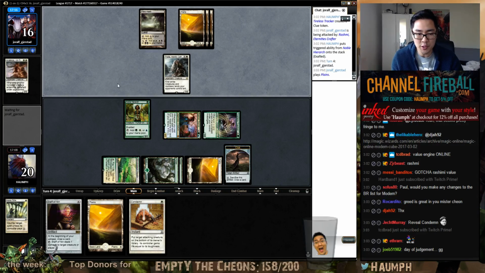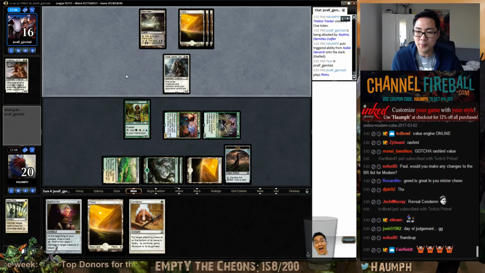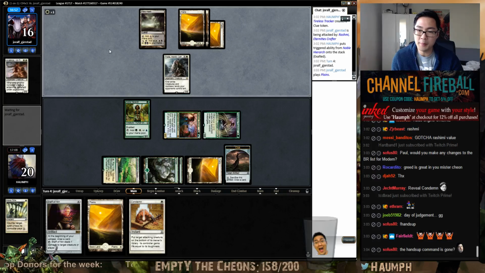Day of Judgment, GG. How is it even remotely close to GG? First of all, there's no way he has Day of Judgment. Secondly, I have a clue. I have Staff of Nin. I think it would just be kind of close, you know? I think if my opponent plays Day of Judgment, it would go both ways. Like, I feel like I have better top decks, but